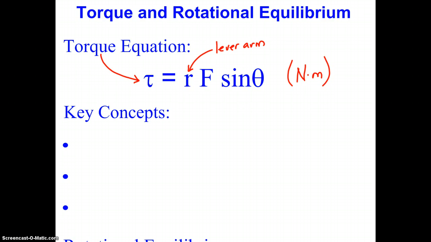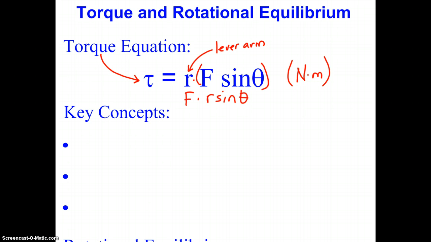That comes naturally from this equation because R and F are commutative, meaning it doesn't matter in what order you multiply them. So this equation could easily also be F times R sine theta